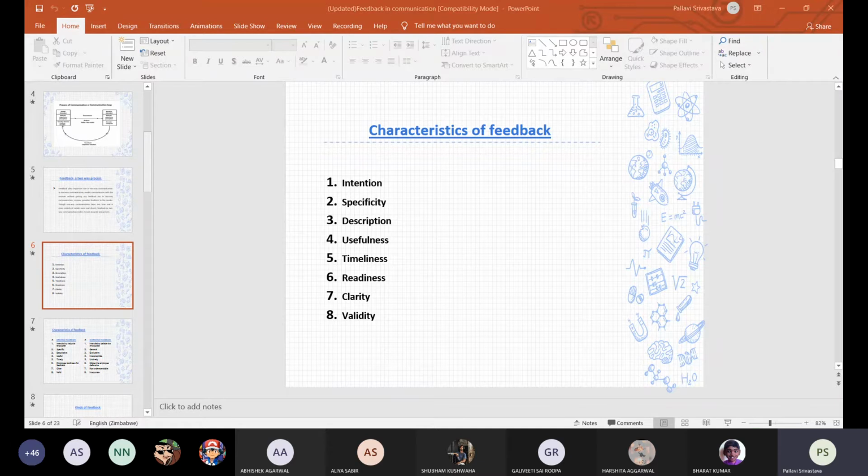Again, when we say timeliness, it is not limited to being quicker. We have to evaluate the situation. There can be times when feedback cannot be called well timed. It's just like someone who has met an accident, and you go and tell him that he has lost his job as well. Can we call it well timed? Can we call it timely?